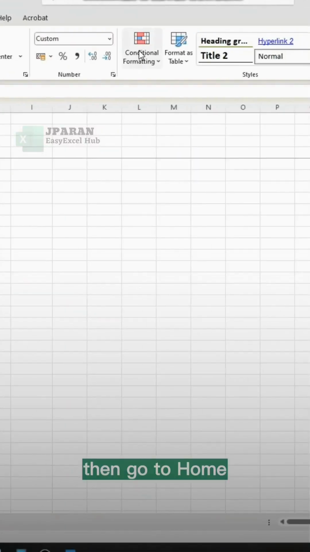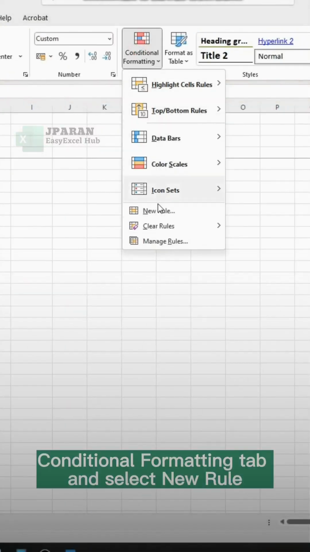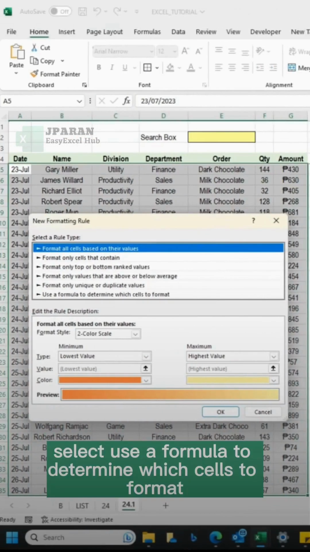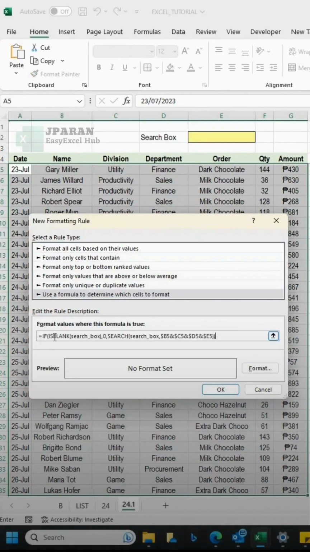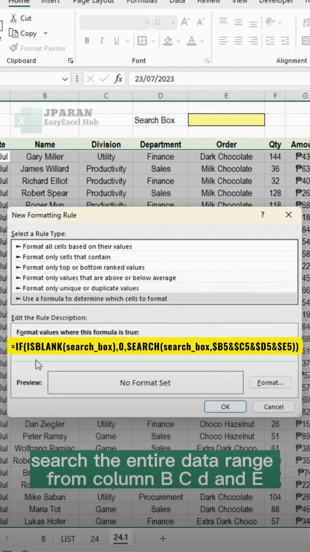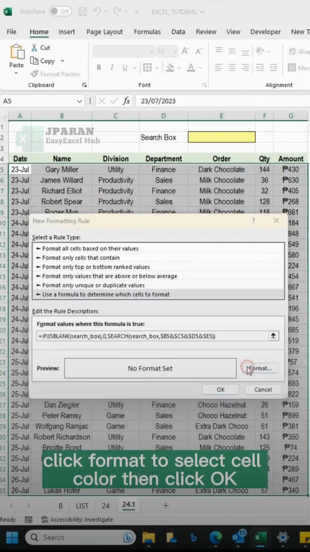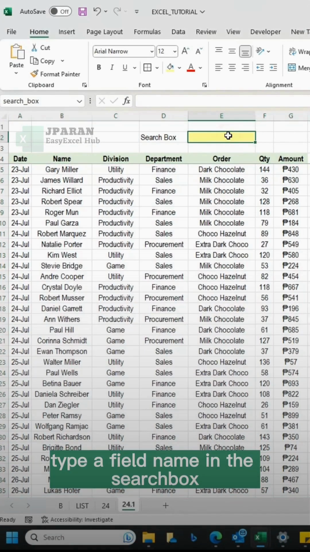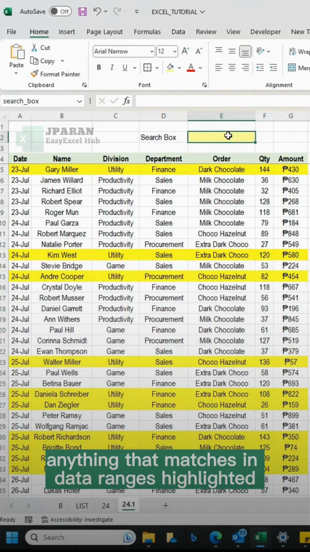Then go to Home, Conditional Formatting tab and select New Rule. Select Use a formula to determine which cells to format and type this. This formula searches the entire data range from column B, C, D, and E. Click Format to select cell color, then click OK. Type a field name in the search box. Anything that matches in data ranges